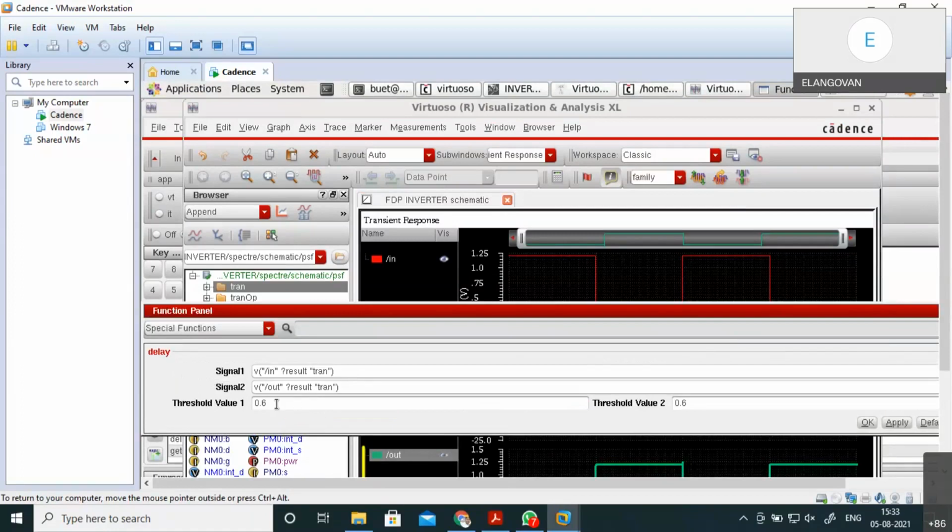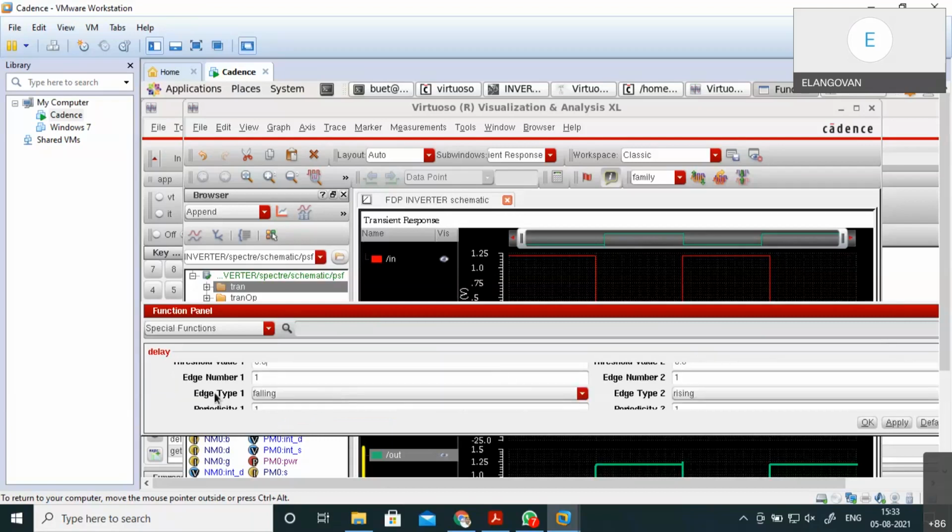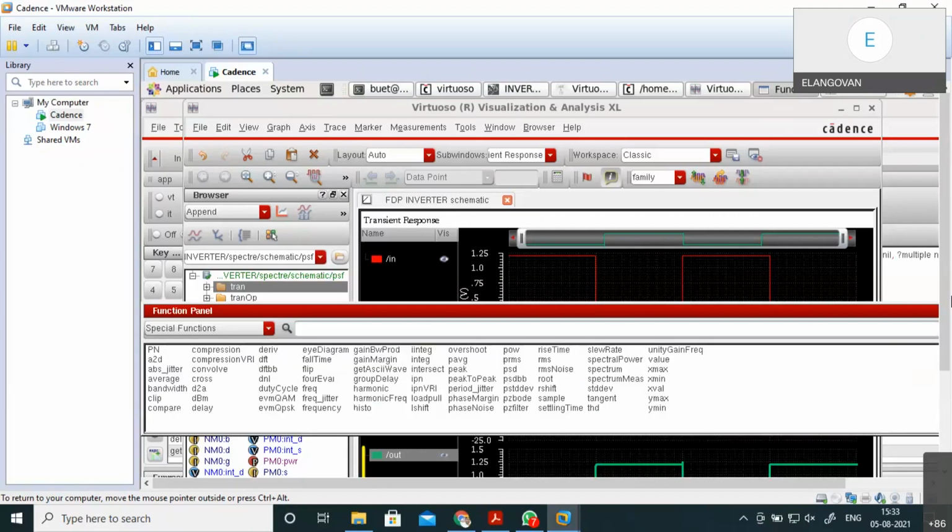It is actually 50% of your VDD that is chosen. For the input, we are taking the first falling of my input signal and the first rising of our output signal. Yeah, it's correct. Once you apply this value, you can see here.